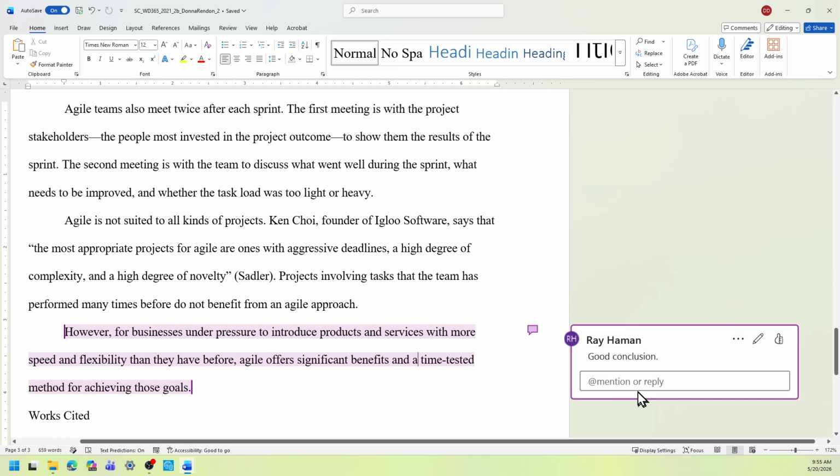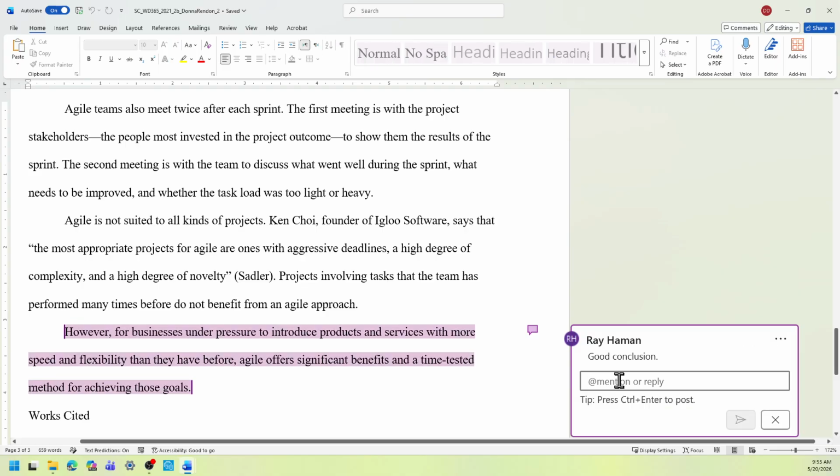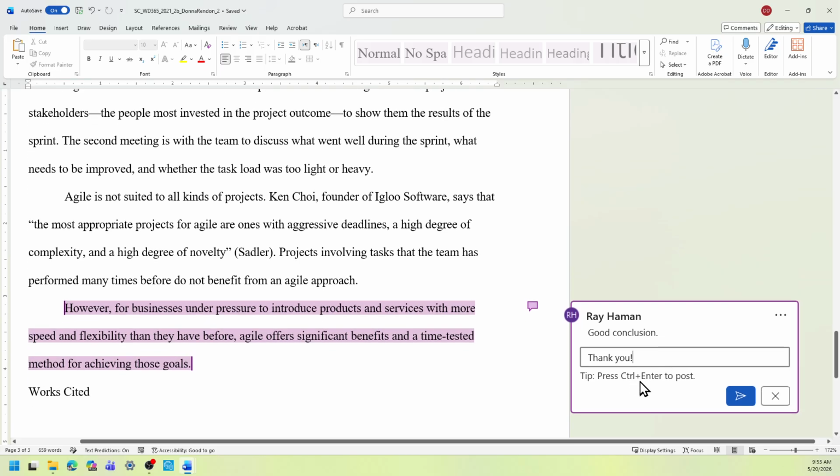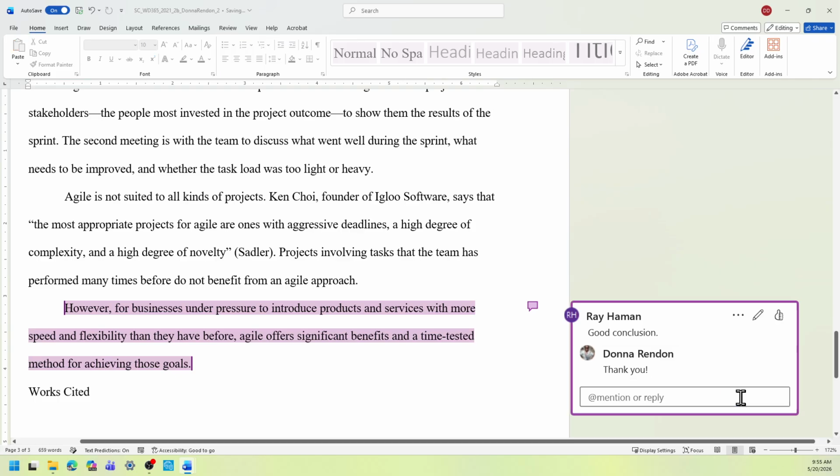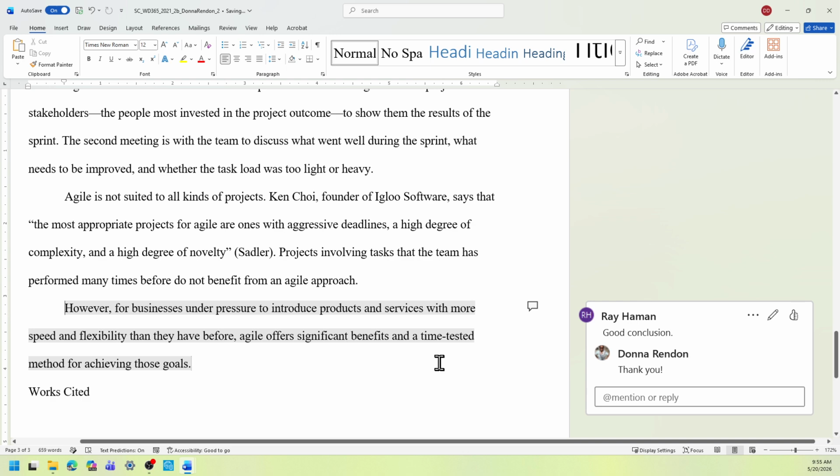Okay, click inside that comment, and then you just need to type thank you. Let me make sure it's correct spelling, thank you, with an exclamation mark. Don't forget the exclamation mark. You can press Control Enter or Post here, which I'm going to do.